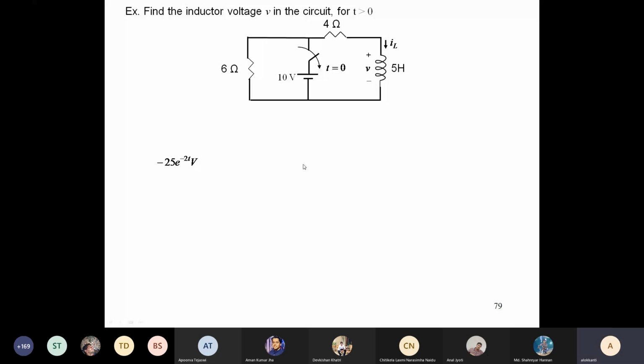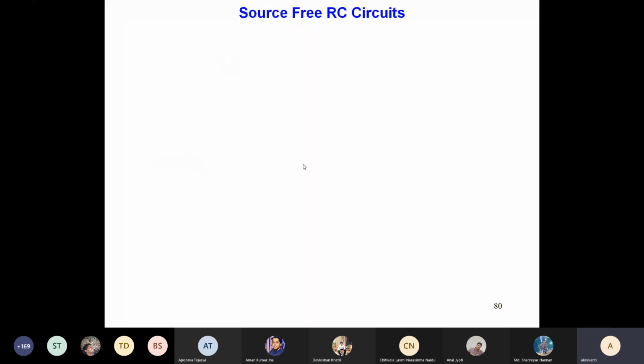questions. Okay. So the next element is basically the source-free RC circuits. Such a circuit has a switching and a capacitor in the circuit. Once the capacitor is given, what will also be given is the initial voltage across the terminals of the capacitor, and then